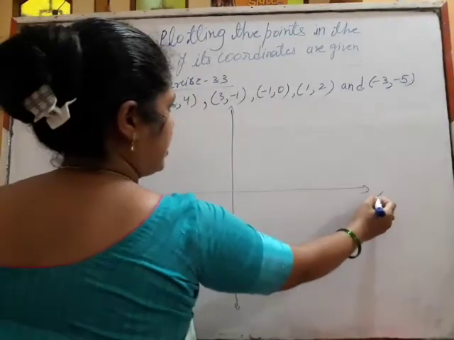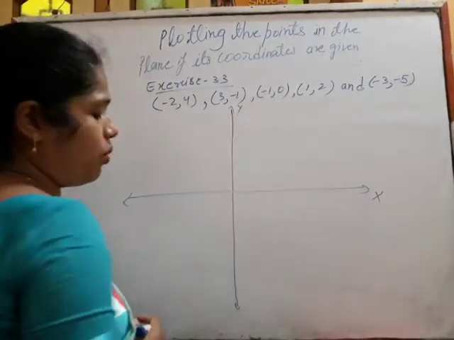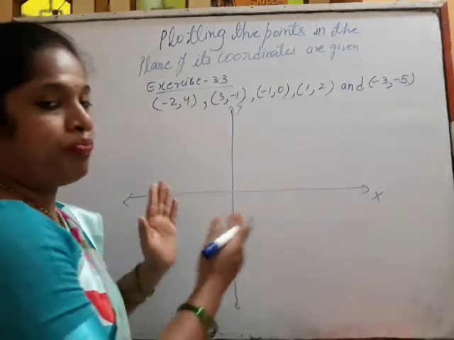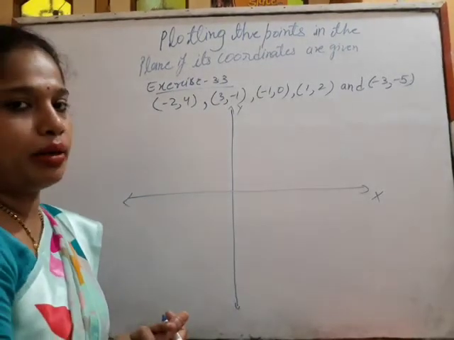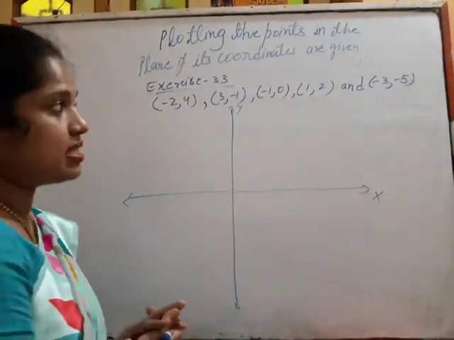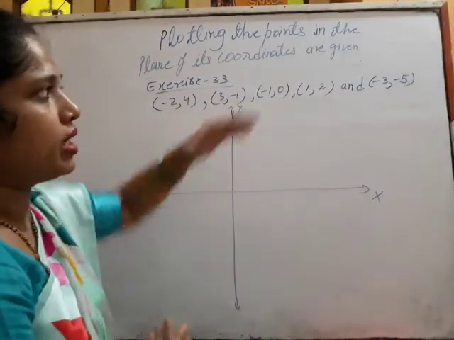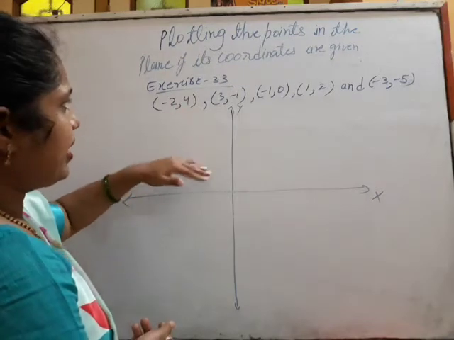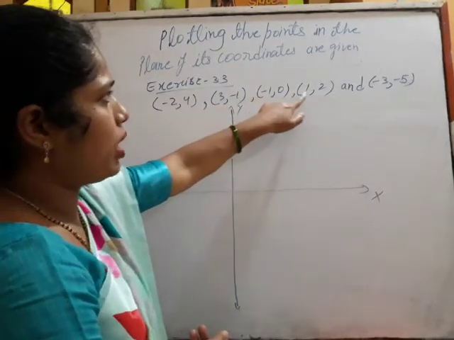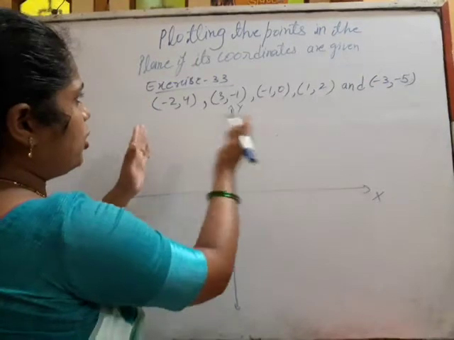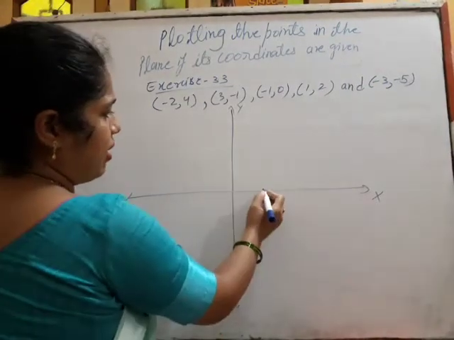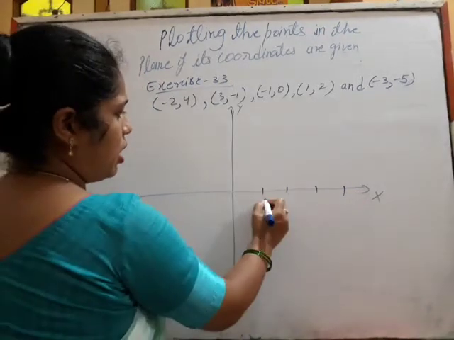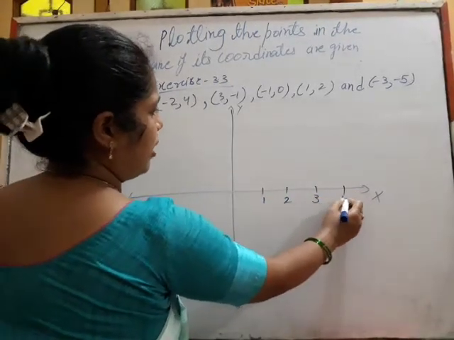This is y-axis, this is x-axis and this is y-axis. So where we have to do the divisions of the number lines, that is x-axis and y-axis, we will take it from the coordinates which are given. -2, 4. So on the x-axis -2, 3, -1, 1 and -3. So on the positive side the maximum is 3. So 1, 2, 3, 4 let us have.